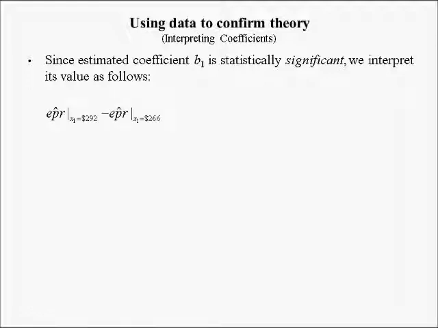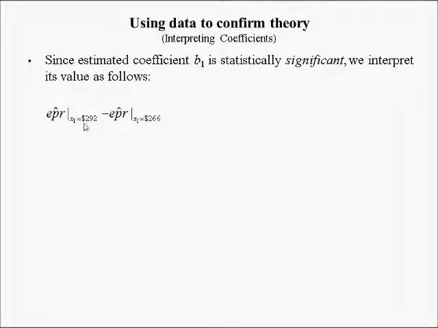Now remember, we took the log of x1. So interpreting a coefficient whose variable is logged is much different than interpreting the coefficient of a variable that wasn't logged. So what we're going to do here is we're going to take y hat